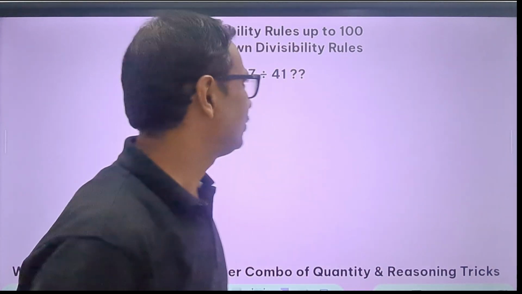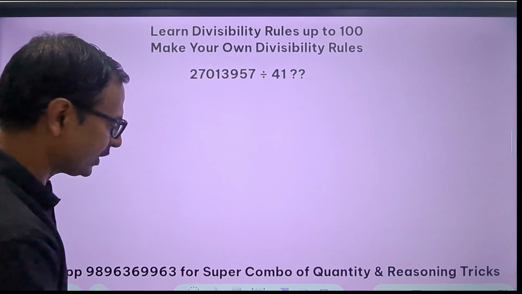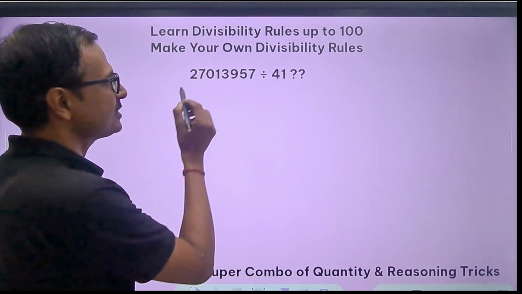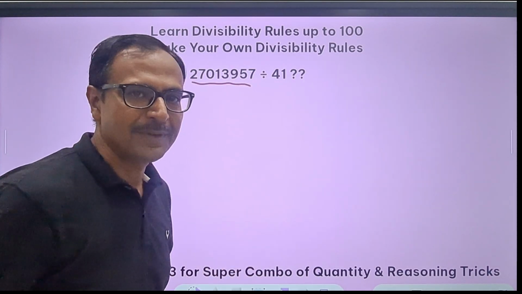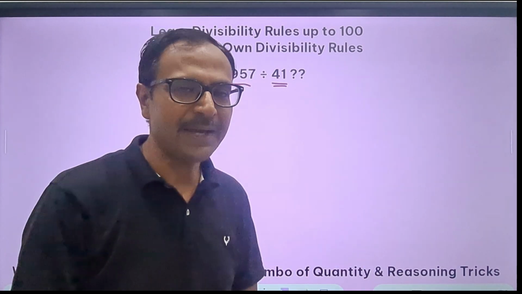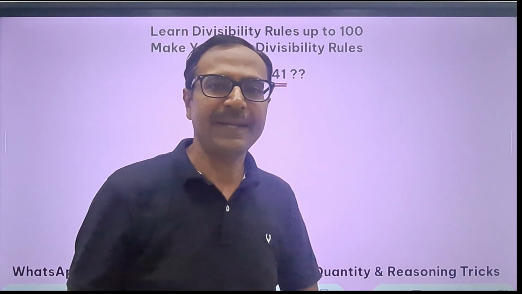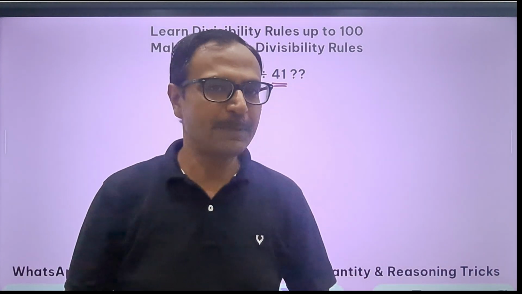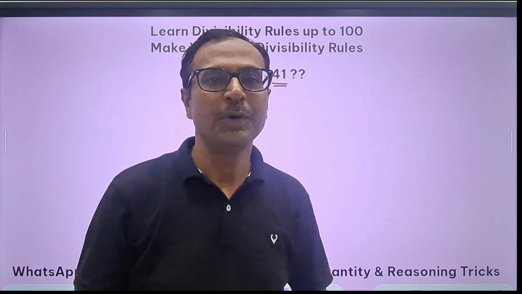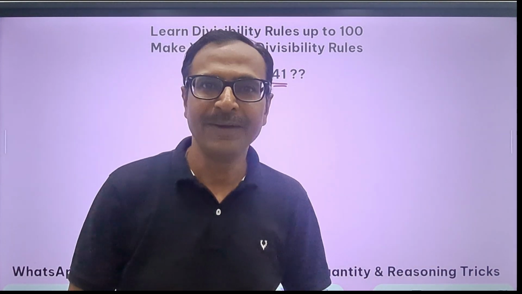So if I ask you whether 27013957, look at the number given here, it's a big 8-digit number. Is it divisible by 41? So what are you going to do? I think most of us will try to divide this number by 41 and then check whether it is fully divisible or not. But wait, we have lots of smart things which we are still to learn,